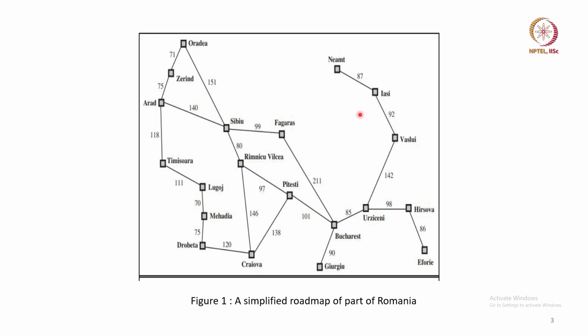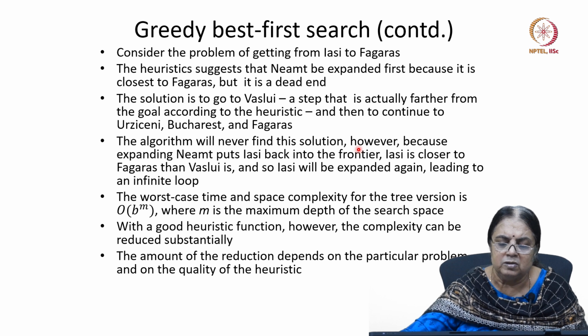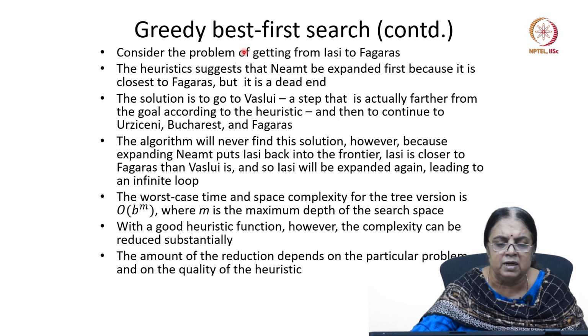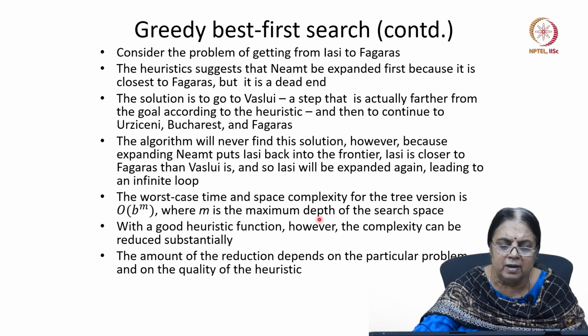So what I am trying to say is some of these heuristic values that we use may not give you a solution at all, but in most cases you find that you are getting the solution and you get it much faster. Okay, so if we look at the greedy best first search algorithm, the worst case time and space